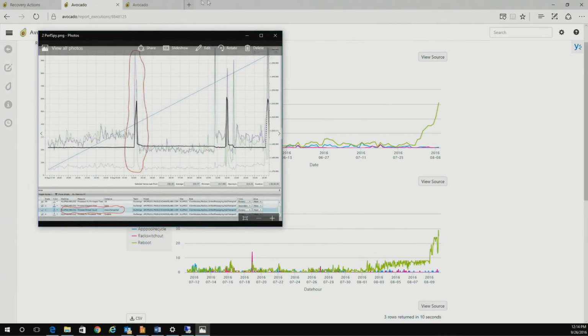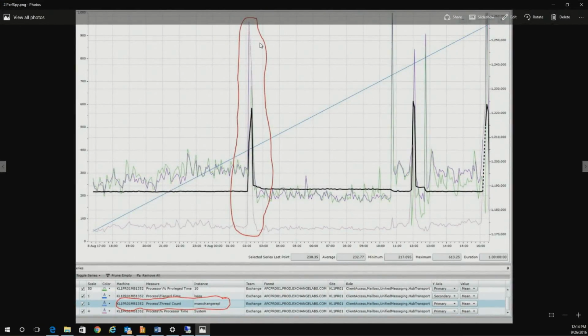So this is using the same data that Kareem showed you, except it's a perfmon style view. And the way to think of it is it's like perfmon, except it's perfmon with a DVR for all the machines in the service. So you can go back in time at a specific point in time and take a look at what's happening. So I've helpfully annotated this.